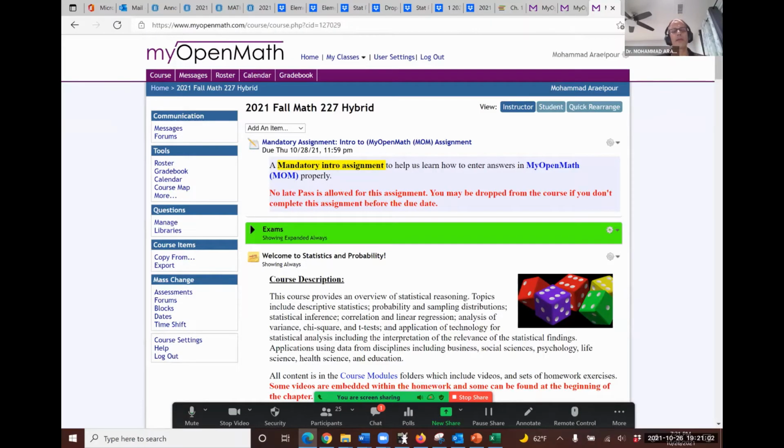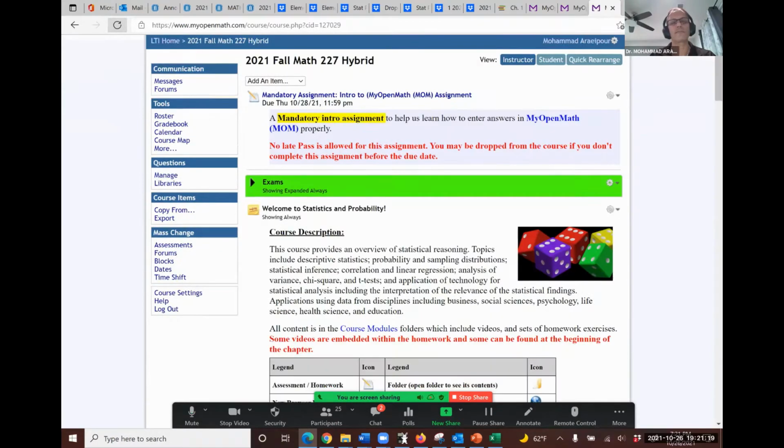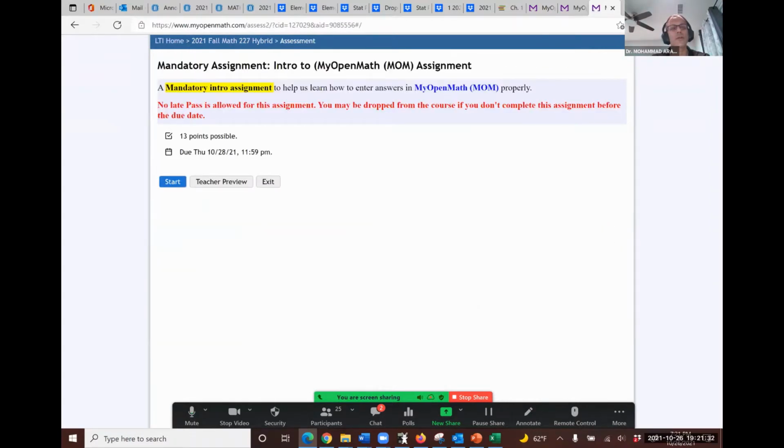Here's the home page of MyOpenMath. As far as the homework is concerned, the very first thing I want you to see is the mandatory assignment, Introduction to MyOpenMath. This is a good idea to start immediately because it basically tells you how to put in the answers. So if you click on it,